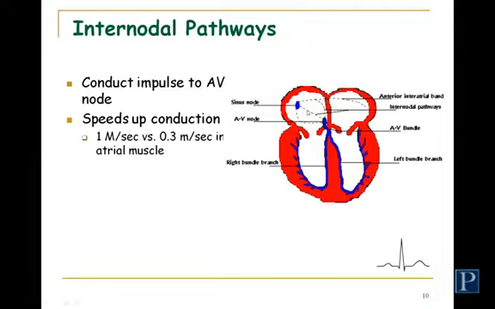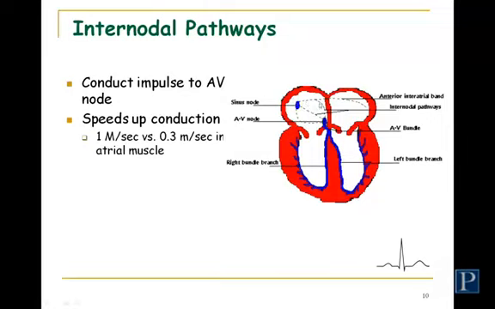Now, the atrial muscle itself conducts the impulse relatively slowly, about 0.3 meters per second. That really is, to me, not that slow, but it is slow compared to any cells that are part of the conduction system. The internodal pathways and the interatrial band will speed up the conduction up to about 1 meter per second. So it allows us to get this impulse down towards the ventricles, it's not there yet, fairly quickly. We're sending it over to the other side, throughout the muscle in the right atria, and the impulse down towards the ventricles.